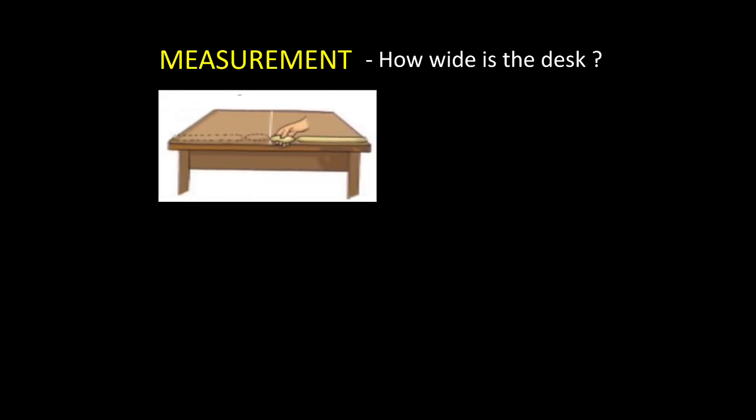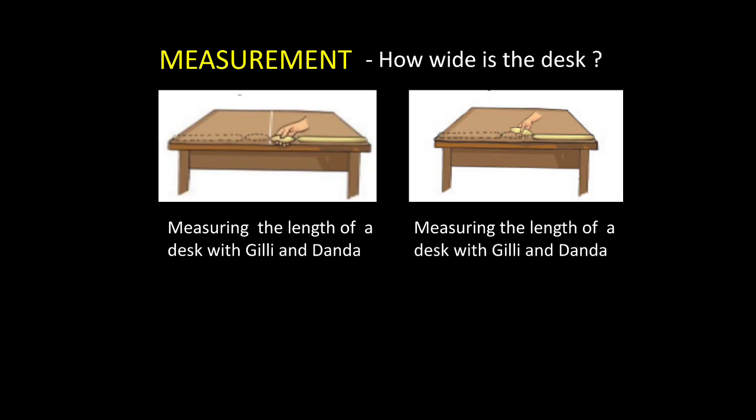Now children, if I ask you, what is the width of the desk? What is the length of the desk? And just remember, you had no measuring devices but had a set of gilli danda with you. So you measured it and answered, Ma'am, the length is 2 danda and 2 gilli. Now, I asked your friend to measure the same desk. He had another set of gilli danda. So he measured with that and answered, Ma'am, it's 2 danda and 1 gilli long.